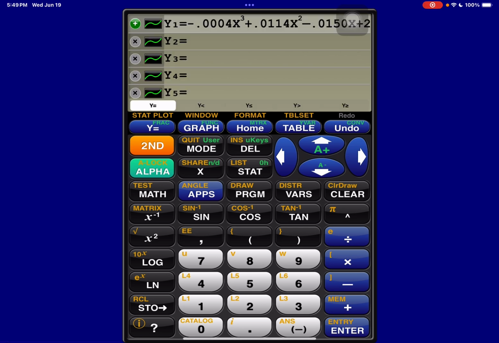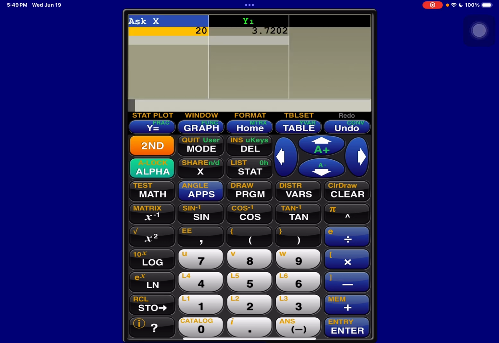Let's go y equals, and I put it all in, just the way it is. And then I went to the table. I'm going to clear this. We have to put in 18. And for you, you'll go to your table and you'll scroll it. So that's 3.751,